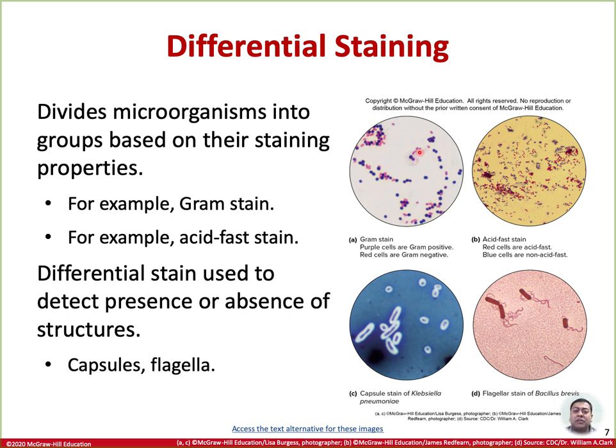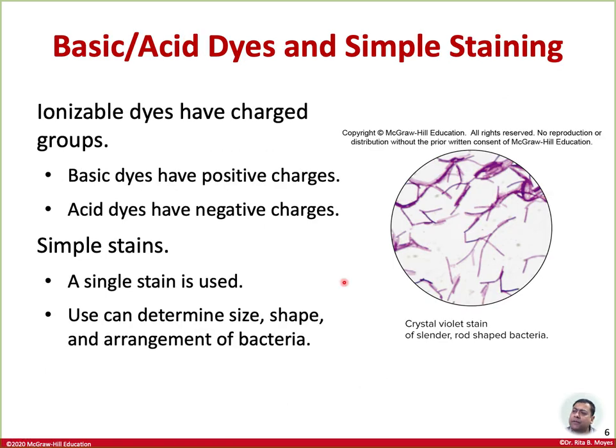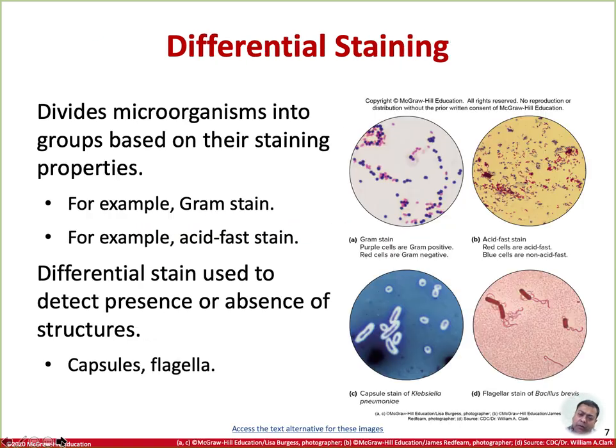Now, use of the Gram stain classifies most bacteria into two groups, again, gram positive or gram negative. Please remember that we have talked in the previous slides about the different types of dyes. Basic dyes have positive charges. The acid dyes, or acidic dyes, have negative charges. Now, these dyes actually don't have anything to do with gram positive or gram negative, and we are going to explain what we mean by this, nothing to do